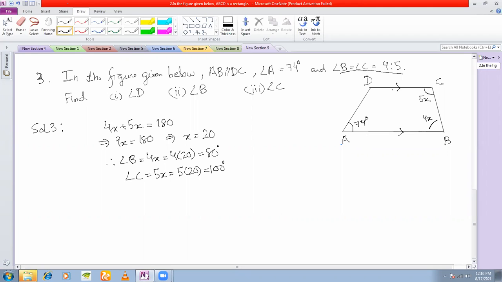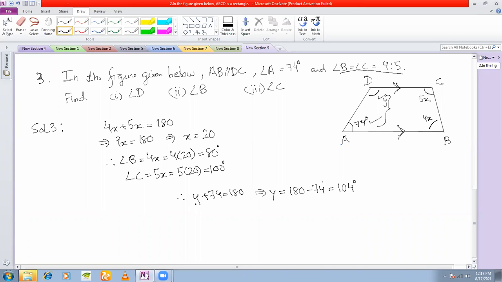You can use that. Or what you can also do is that the sum of this angle and this angle will be equal to 180 degrees. If I call this angle y, therefore y plus 74 must be equal to 180. That means, therefore, y is 180 minus 74. Sir, but y is also adjacent to angle C, sir. Yes, they are adjacent, but y and 74, these two are co-interior angles also. That is why their sum is 180 degrees, because these two lines are parallel, right?